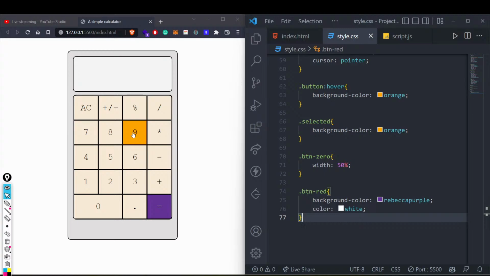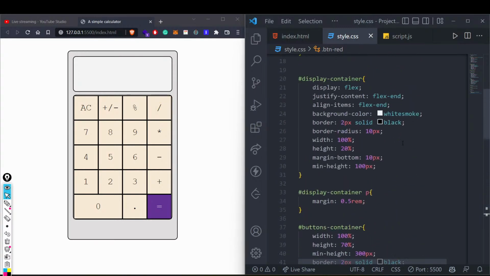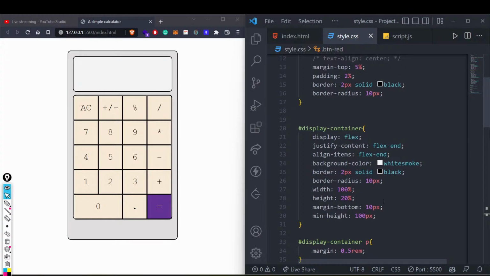Okay, VH and VW, I thought I have told it earlier, but VH and VW are basically like percentages, right? If I write VH, it means viewport height, right? If I say 100 VH, that will cover my whole page. If I say 50 VH, that will cover 50% of the height. VW is for viewport width. If I say 100 VW, that will mean 100% of the width. If I write 50 VW, that will mean 50% of the width area.